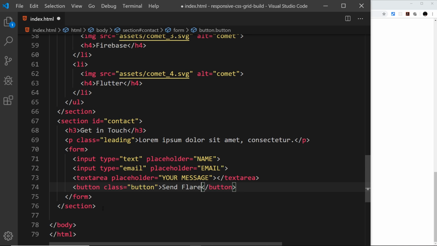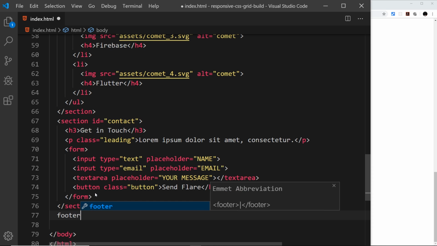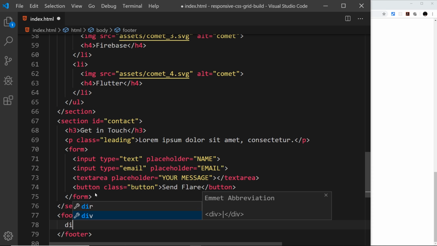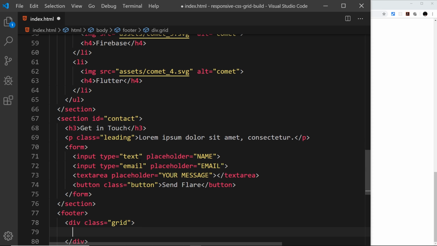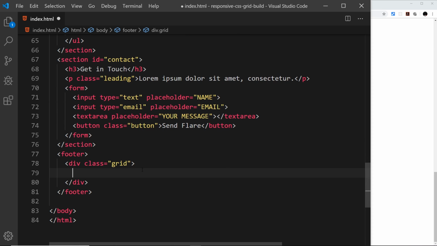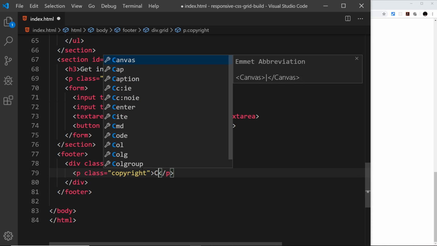The last little bit we need is a footer at the bottom, and that footer is going to contain, on the left, some kind of copyright notice, and on the right, a couple of social links. So inside the footer, first of all, let's do a footer tag. And then inside the footer, a div with a class of grid. So we'll use CSS grid to lay out the contents of this div as well. And the first thing on the left is going to be a paragraph with a class of copyright. And inside, we'll just say copyright